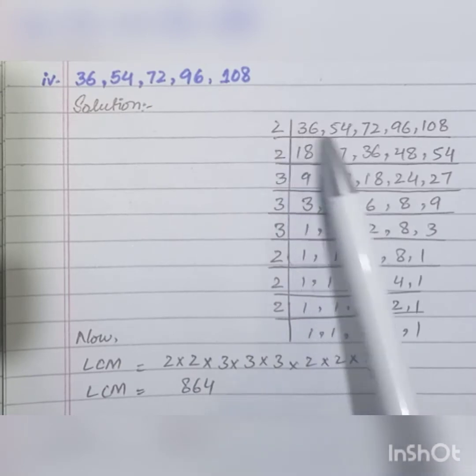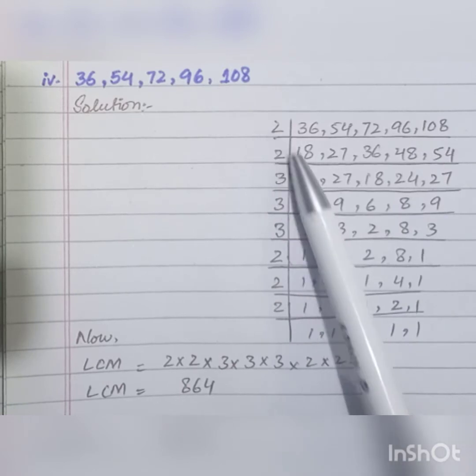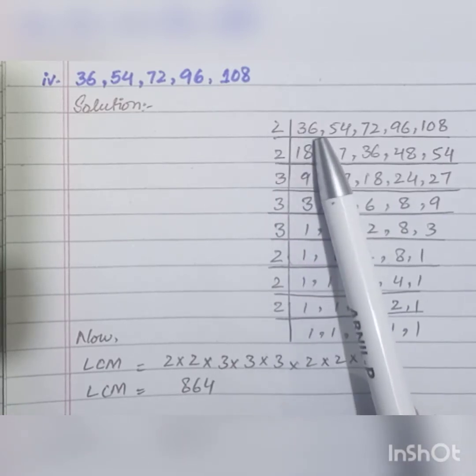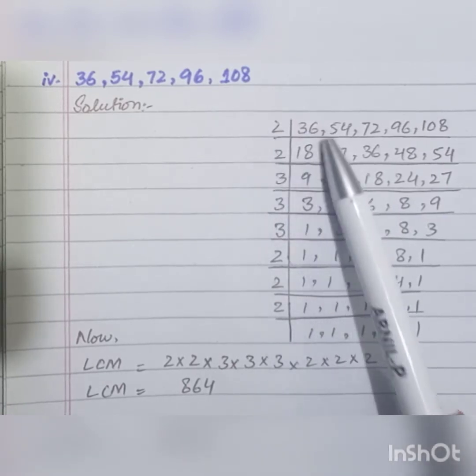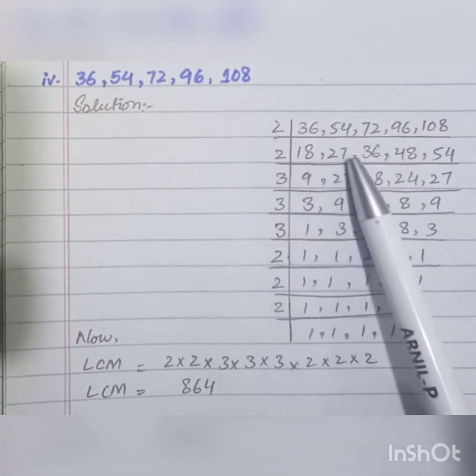Students, you can see that the numbers are divisible by 2. So we can divide each by 2. 2 ones are 2. 1 will be carried here. It would become 16. 2 eights are 16. Now 2 twos are 4 and 1 will be here. It would become 14. 2 sevens are 14.